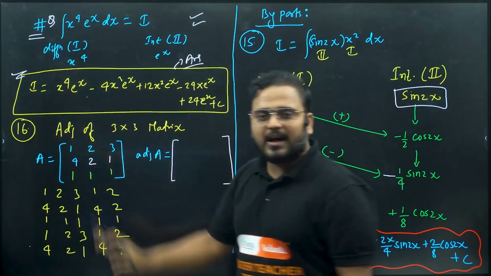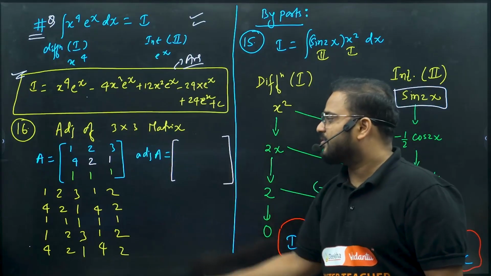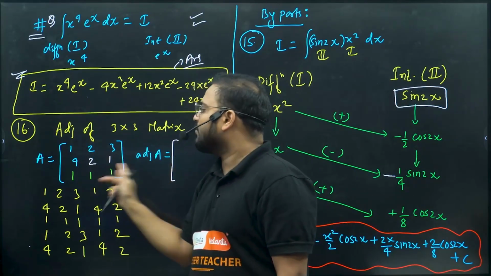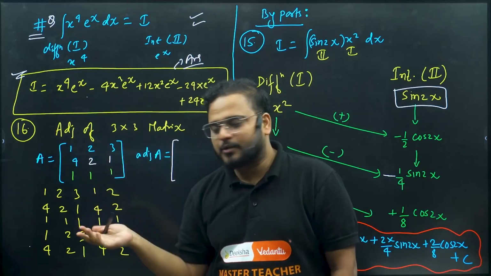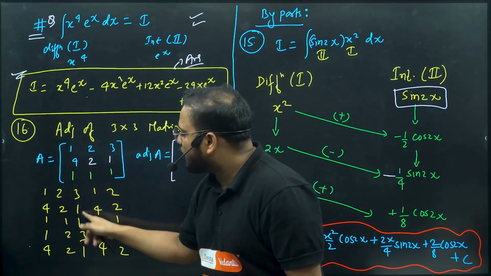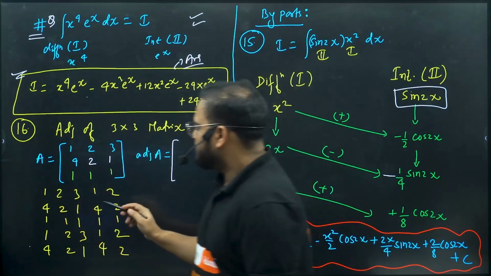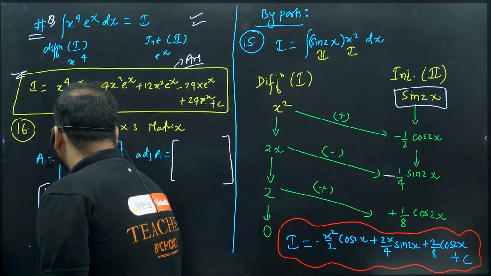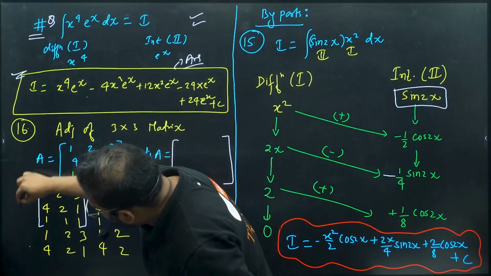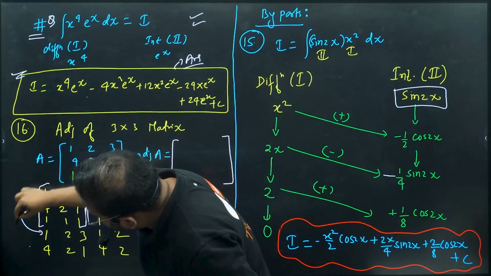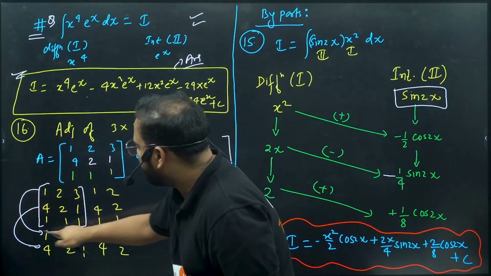Now, the last trick that you have on the adjoint of a 3 cross 3 matrix. The matrix is given as 1, 2, 3, 4, 2, 1, 1, 1, 1. I've taken a simple one, sorry. You can take a difficult one also, not a problem. So write the matrix 1, 2, 3, 4, 2, 1, 1, 1, 1. First, you can write the same thing over here. Please check. Then repeat the first 2 rows. Repeat the first 2 rows: 1, 2, 3 and 4, 2, 1.